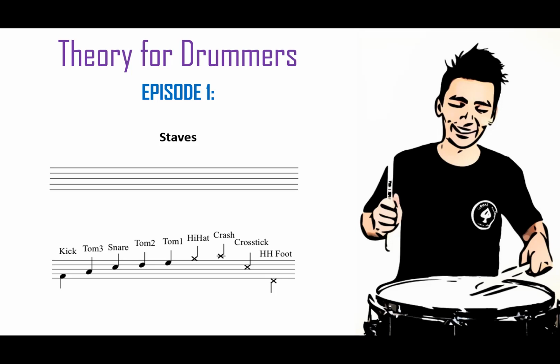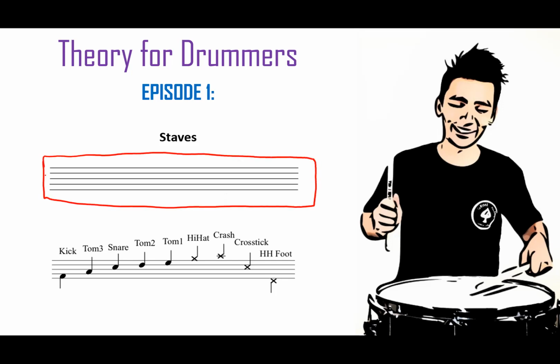What is a stave, or what are staves? They're simply the 5 horizontal lines that you see on empty sheets of manuscript paper. We need staves in order to tell the reader which drum we're hitting. If we didn't have staves and we just had a blank white piece of paper and we tried to write down a musical idea, we could write down rhythms, but we couldn't tell people which drums to hit at which